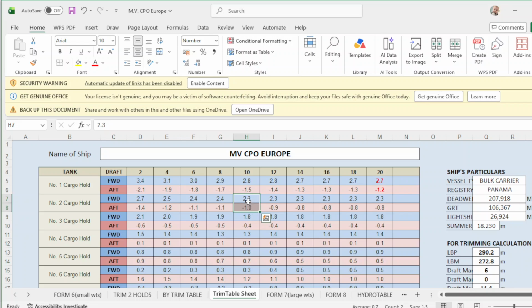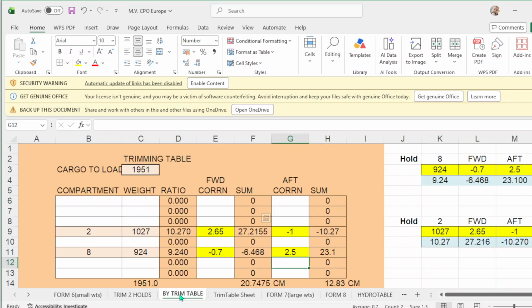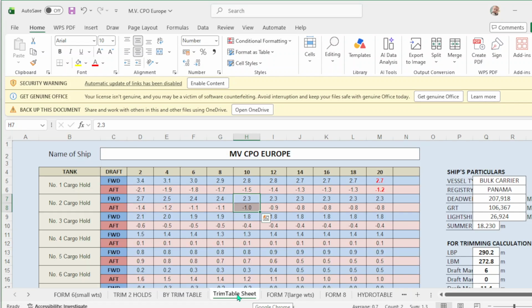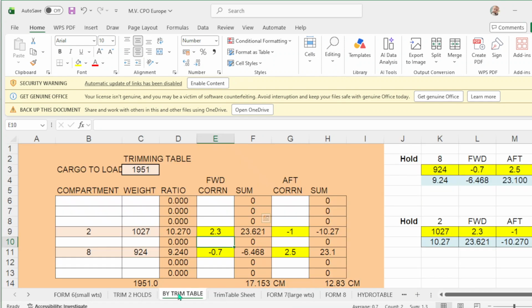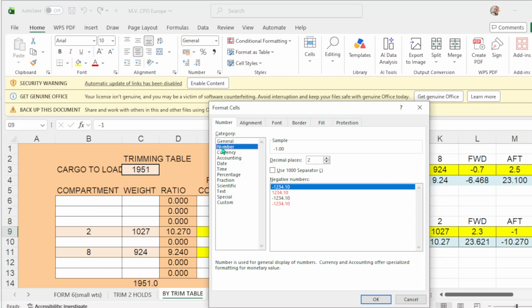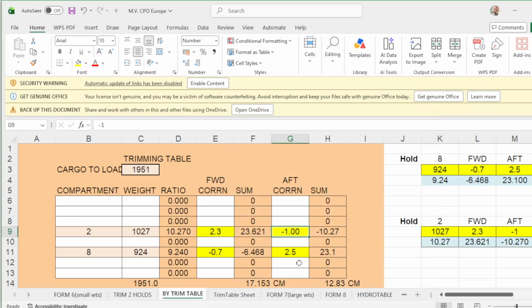Forward correction is 2.3. So 2.3. Okay. And up correction in hold number 2 is negative 10. Okay, negative 10. Put this number, can do it like that. Okay, that is 10.